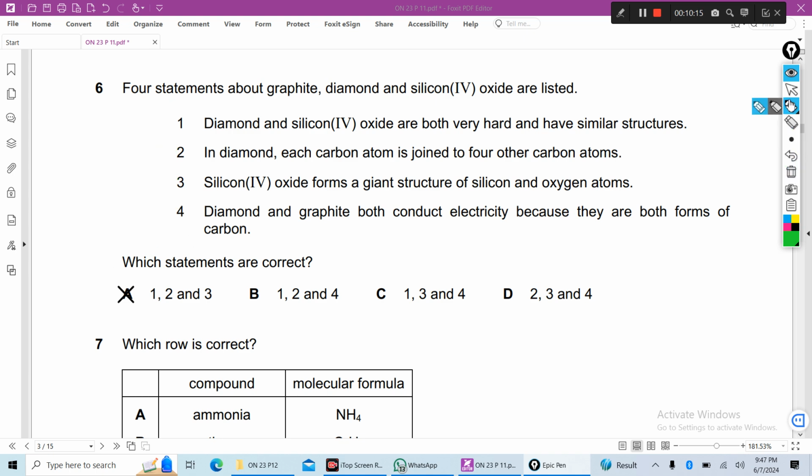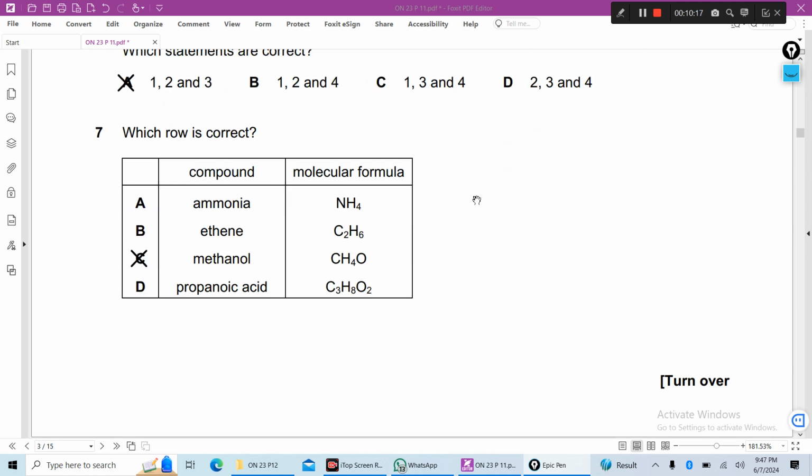Now number 7, which row is correct? Compound. Methanol is a compound and the molecular formula of methanol